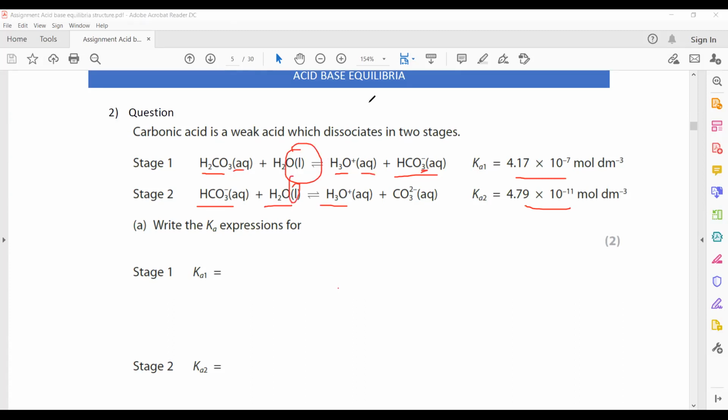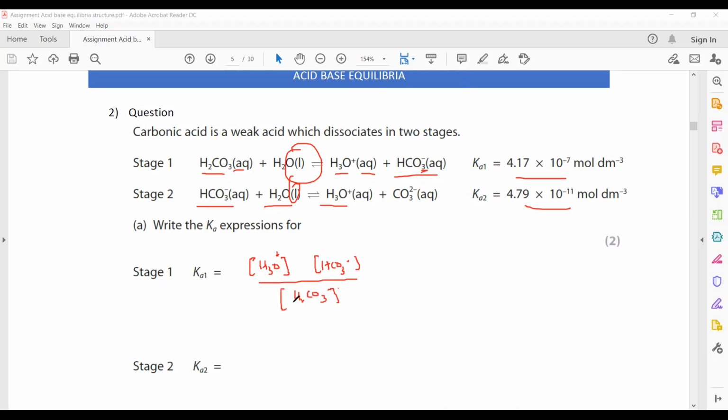And we do not include the liquid or the solid in the heterogeneous equilibria. So when you write this Ka, it will be product divided by reactant, the concentration of H3O+, HCO3- divided by